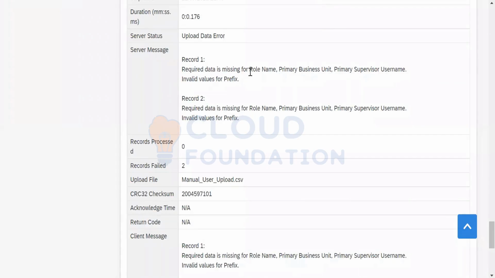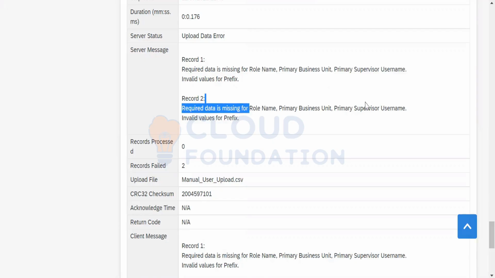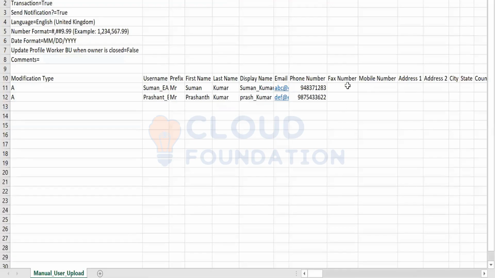Data is missing for a role name, primary business unit, primary supervisor, username and more. These are the things which have been missed in filling up, and hence it has thrown the error.